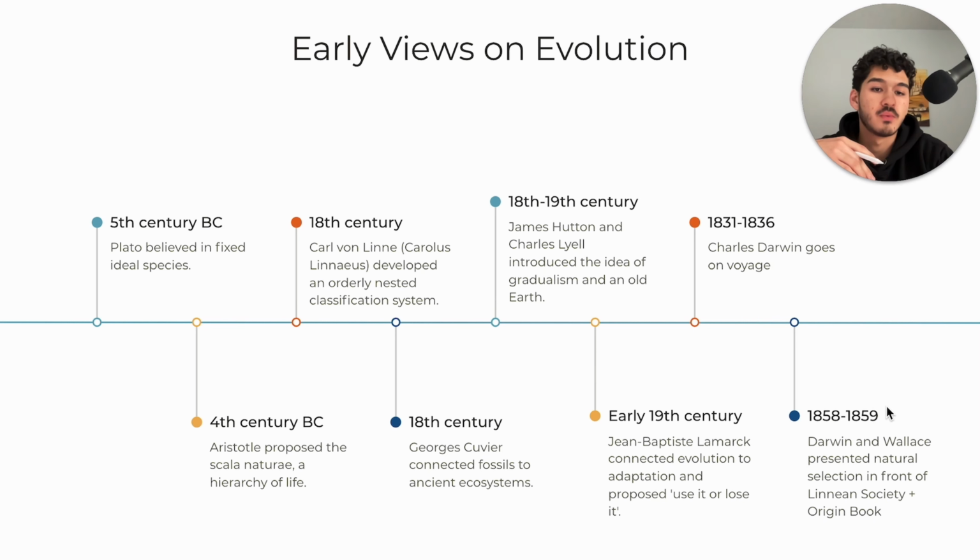So one big thing about Darwin's theory at the time was that it was very controversial because it went against the common religion and the common idea of God at the time. So fixed ideal species. Everybody believed that, the species was fixed and God created it, and it just stayed like that. But as we come to realize,